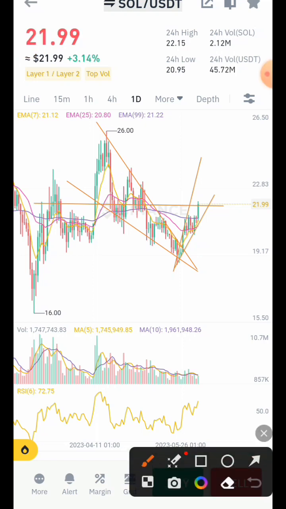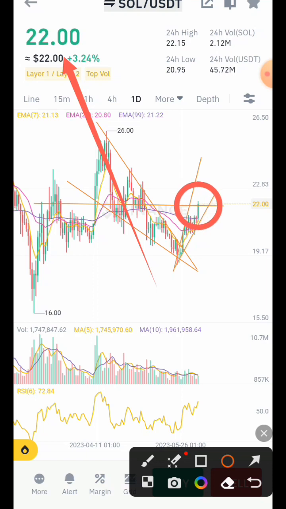And we can see that Solana is making a move at this point, right? It's trying to break this zone over here. It's trying to break this zone, and I think once it breaks this zone, I may see Solana in a resistance mode before